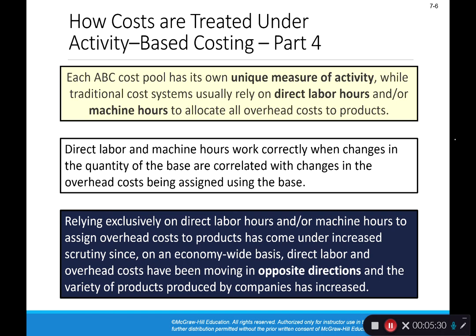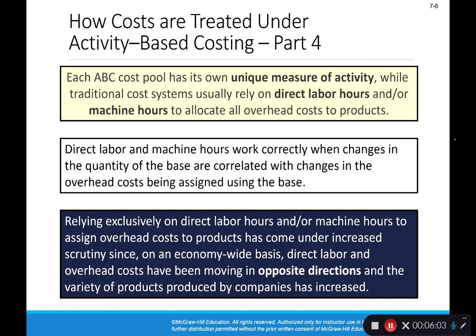But obviously with fixed costs, there's not going to be any correlation, because fixed costs stay the same no matter how many units you produce. However, under traditional costing, we kind of ignore that for simplicity and just allocate the fixed overhead cost with our volume measures, direct labor and machine hours, and let it ride, hoping that the information is good enough. Relying exclusively on those types of drivers to assign our overhead costs